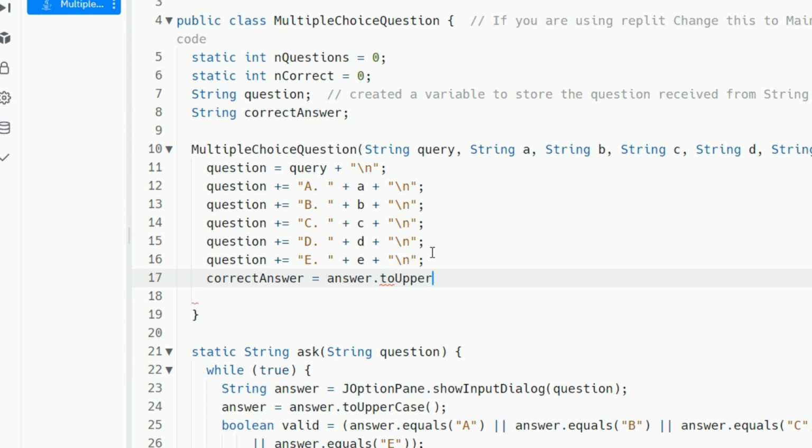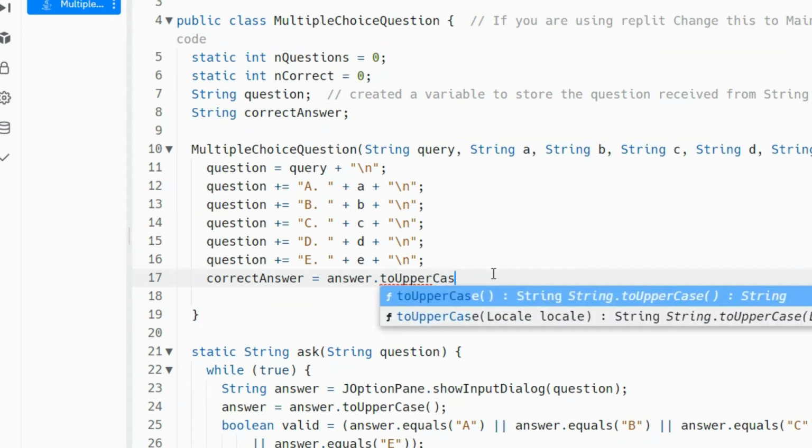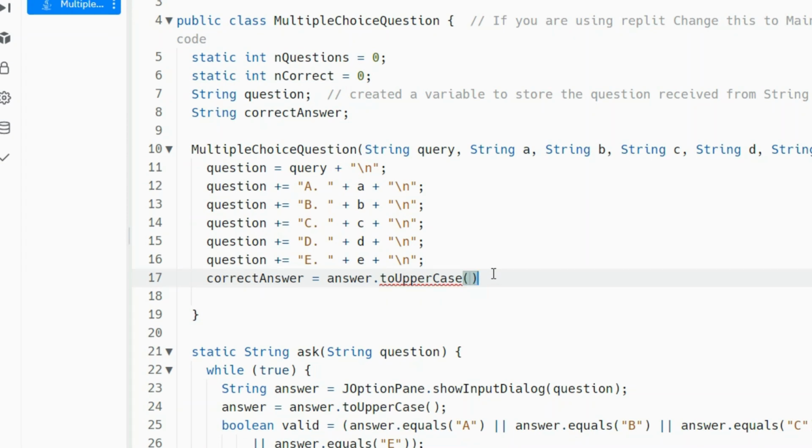Sorry, got that spelled incorrectly. Right. We use the toUpperCase. All right. So that will force our correct answer to be uppercase,